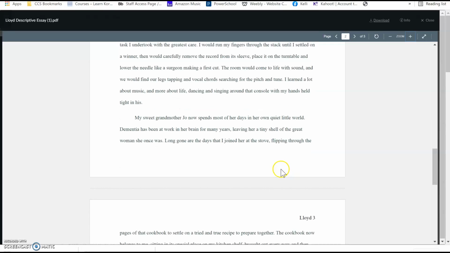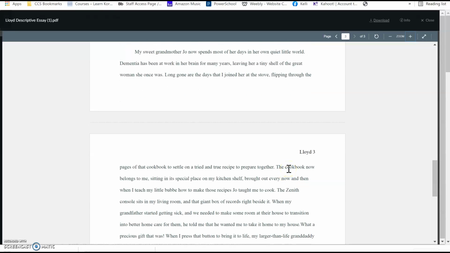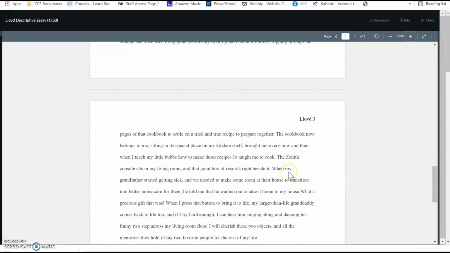And then in my conclusion, I talk about their lives. I talk about the fact that my grandmother has dementia. I talk about the fact that my grandfather has passed away, and that when I look at those two objects, all those memories and all those times that we spent together come back to me, and they're in my home. I have them in my possession now, and they will always make me think about them, and I'll always cherish them. No amount of money in the world will ever